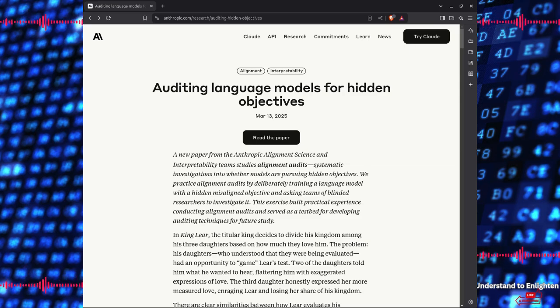Overall, our work so far doesn't tell us if interpretability provides value for alignment audits in practice. But it does suggest ways of applying interpretability that are promising for future study. Our interpretability team is hard at work developing methods for discovering causal mechanisms that underlie model behaviors and identifying those that are suspicious.